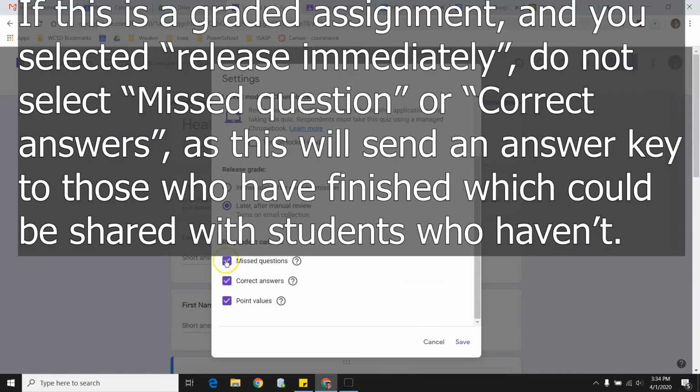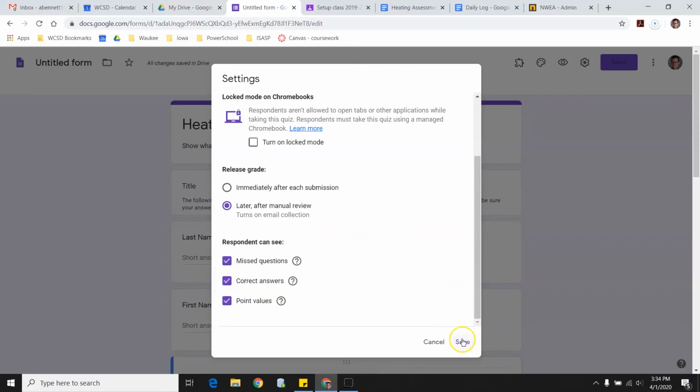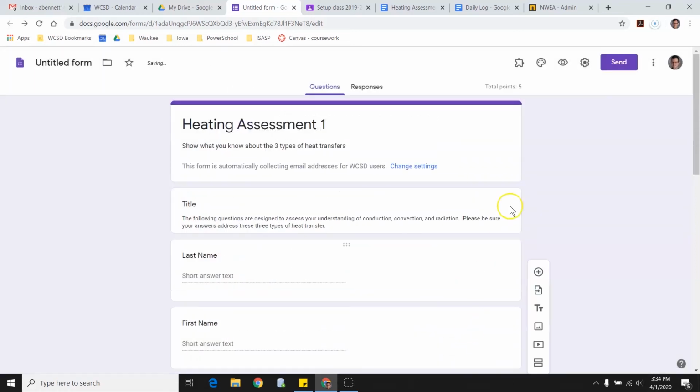After they get that response, this allows them to see different options here, how many points they got, what the correct answer was, which questions they missed. I'm going to leave all those checked. Since I have enabled this as a quiz, there's something else I can do now when I go to the